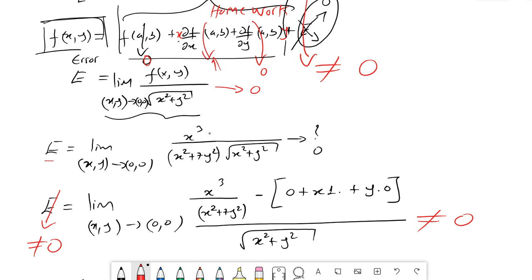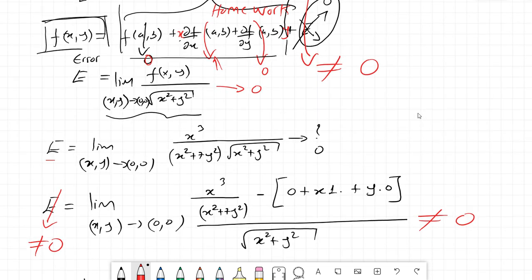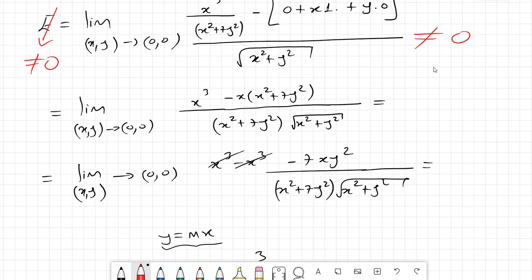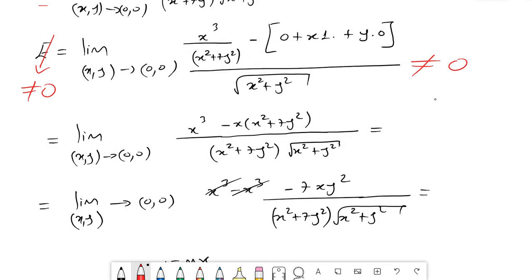Okay. Here we got already to the conclusion that it is not 0, but we have to check that before. So here we got the common denominator, right? x squared plus 7y squared multiplying minus x here, right? Minus x, common denominator, and this multiplies this one. Okay? So we got here